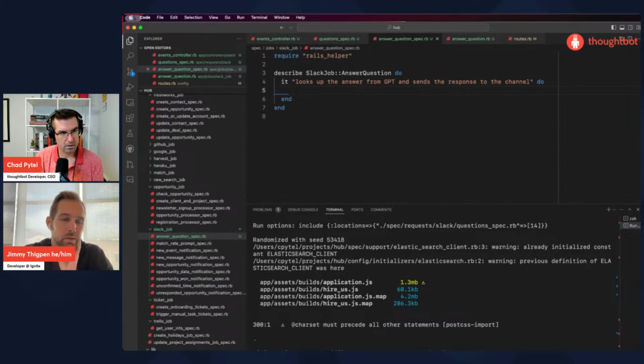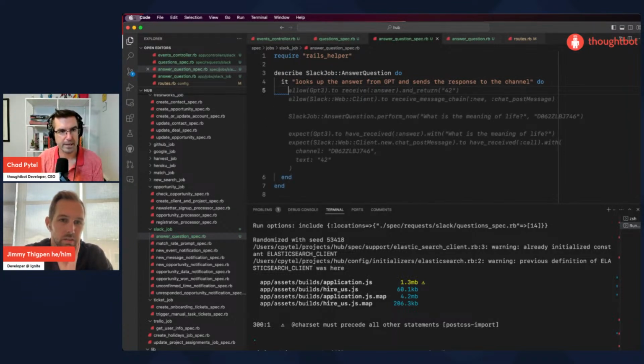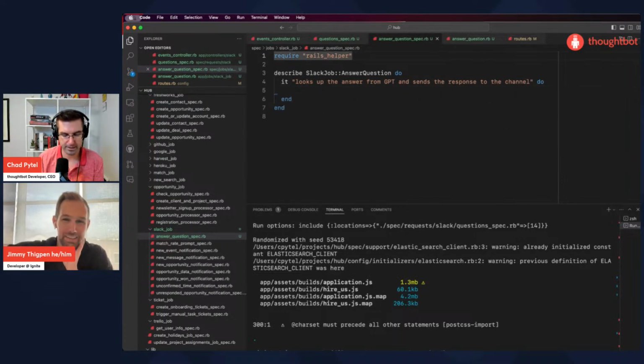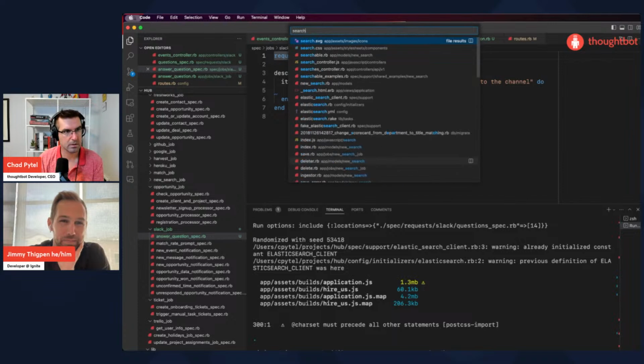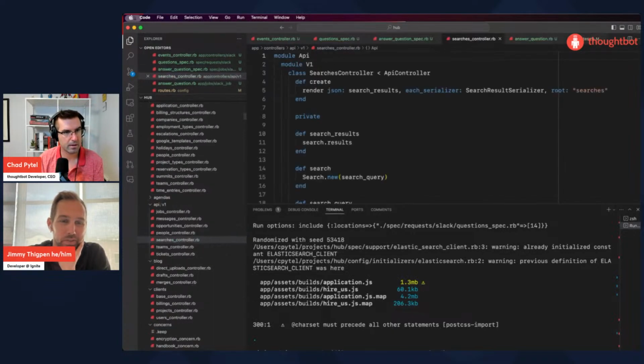I'm curious how reusable the existing GPT logic is. Now it's grasping at something that is not at all doing the right thing. It's just from the ether. So I don't remember. Search controller, I think. You think it is? I don't think it is. No, it's not.